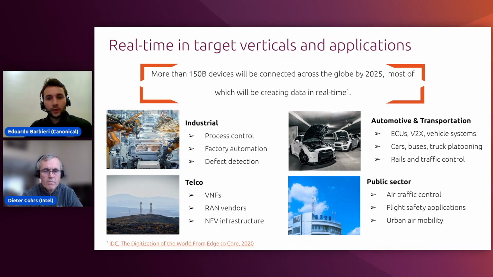So as I was highlighting, real-time Linux plays a role in the software-defined transition to Industry 4.0. And we see a wide variety of use cases across different markets. I want to give you a high-level view of where real-time capabilities will be required. Industrial is a key market segment, and this is both in process automation, like the energy sector, petroleum and refineries, as well as in discrete automation, like in car manufacturing.